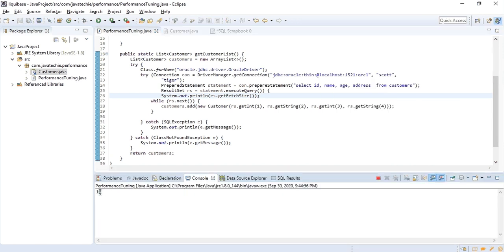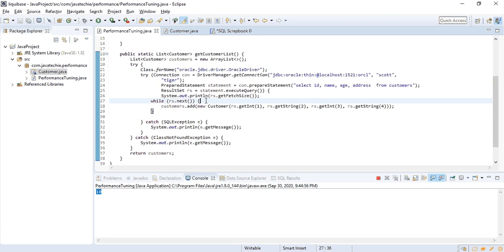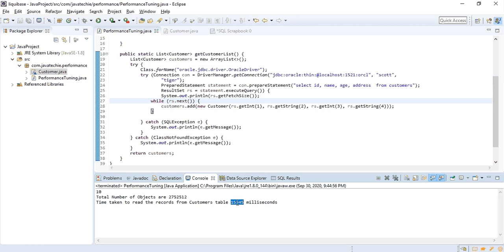By default it is going to fetch 10 records. That's the reason, whenever you have a huge number of records in the database, the round trip between your program and the database is going to be a costlier operation. As a result, we are going to experience high latency for the statements.